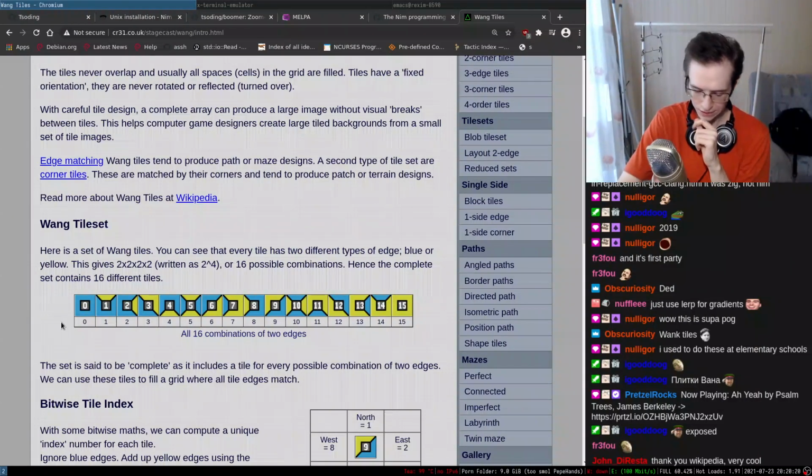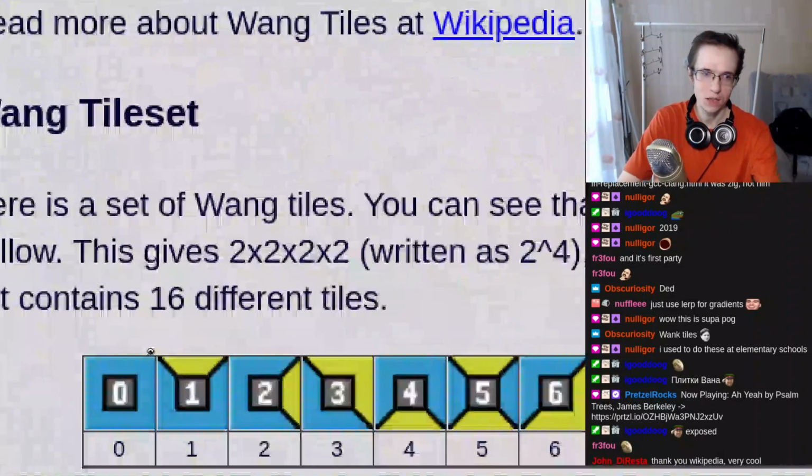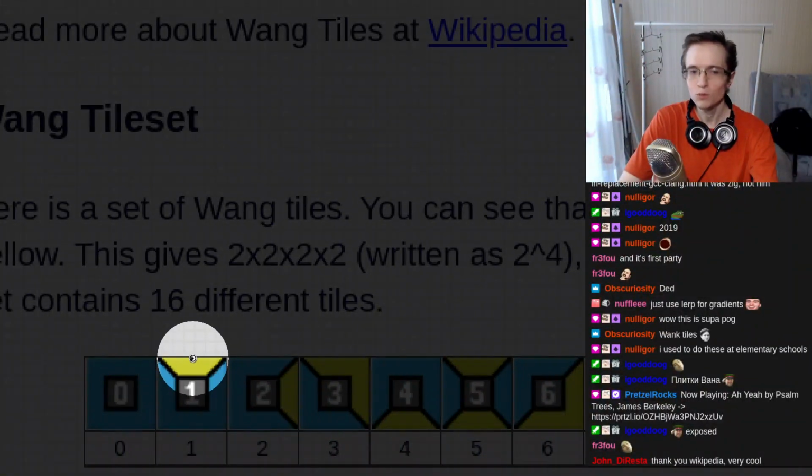In a very simple case, on each side, you have 2 colors. Each side can be either one color, in this particular case blue, or it could be yellow. Blue or yellow.